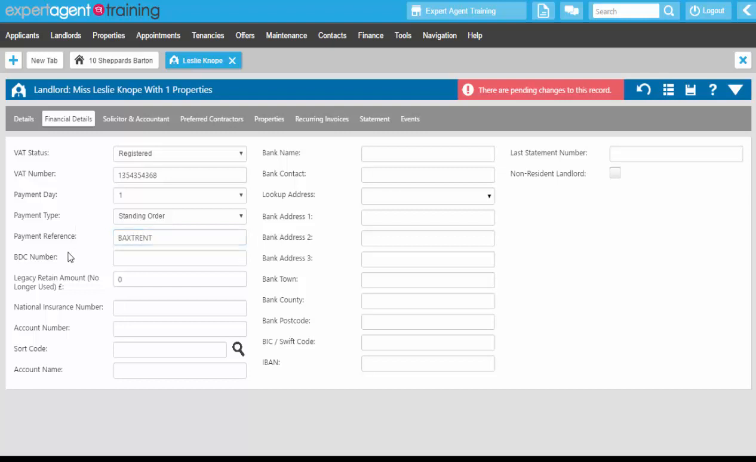The BDC number and amount to retain are legacy fields. The amount to retain is no longer used from here and the BDC number is no longer needed. So you can ignore those. National insurance number, account number, sort code,